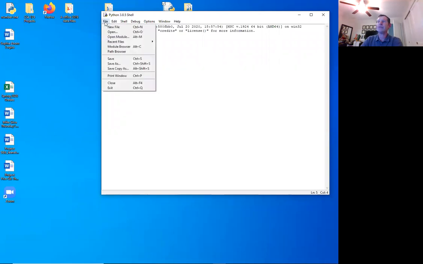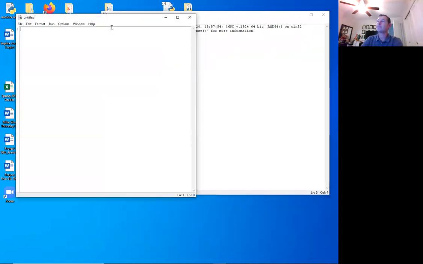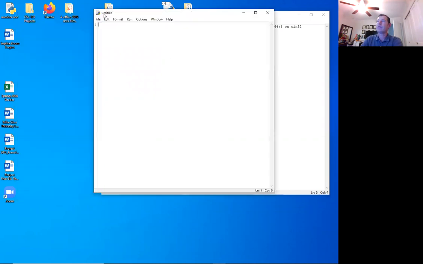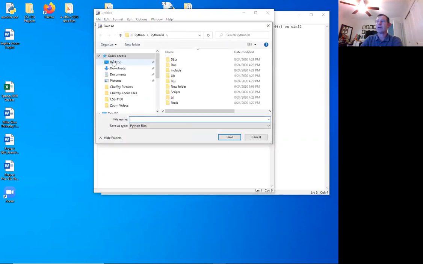I want to be able to save this. So what I'm going to do is I'm going to go to the File menu, and I'm going to click New File. Poof. And I get a window, and up here in the title bar, it says Untitled. So I'm going to name it. So I'm just going to click on File and go Save As. And then I went to my desktop. But I'm going to give it a file name. So I might call it, what is it, trip cost? Not trop, trip. Trip cost